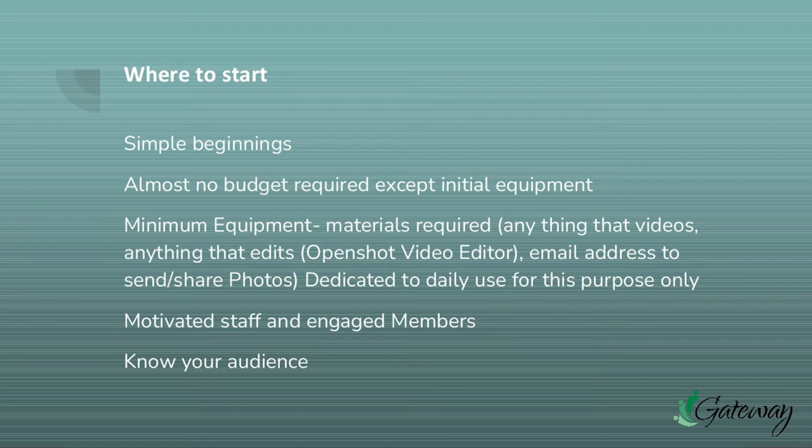I know Academy at Glengarry is going to talk a little bit more about the fundraising part of it and specific equipment. Currently, we use video cameras, and what's the name of the program we use? Final Cut Pro. Final Cut Pro. But for getting started, you can use OpenShot, which is free, or iMovie if you have a Mac. And again, I believe Academy at Glengary is going to go a little more into that.